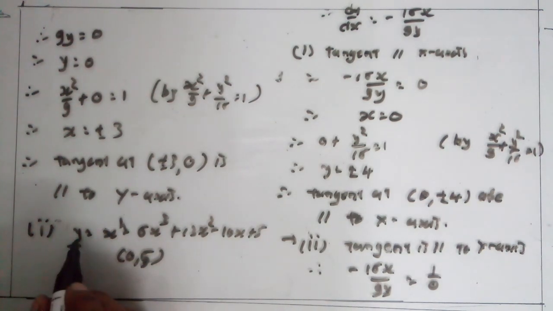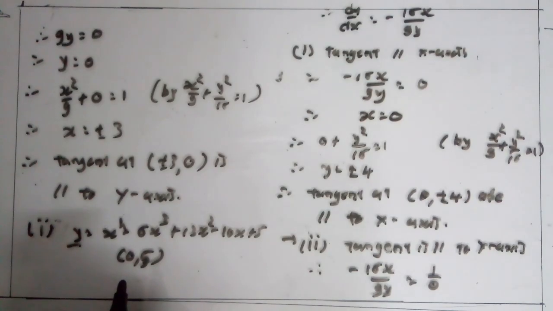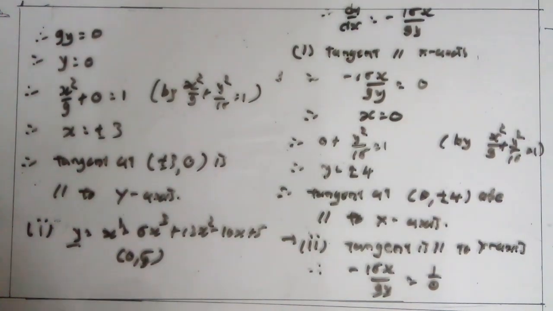And slope of normal is reciprocal additive inverse of dy dx. So using slope and point, we get equation of a normal. You know how to get a slope of tangent and the slope of normal, and using a slope and the point, you get equation of a tangent and a normal. Okay. So question number 14, solve yourself.